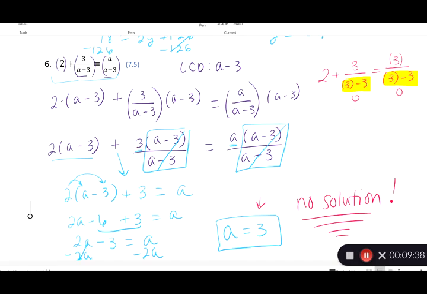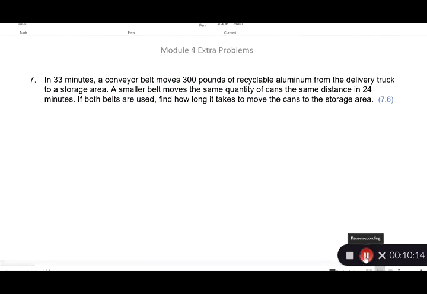So please make sure you remember, whenever you're solving rationals, that when you get your answer, you take it back and plug it in to the original equation to find out, does this give me an answer, or does it give me undefined? Okay, so now moving into